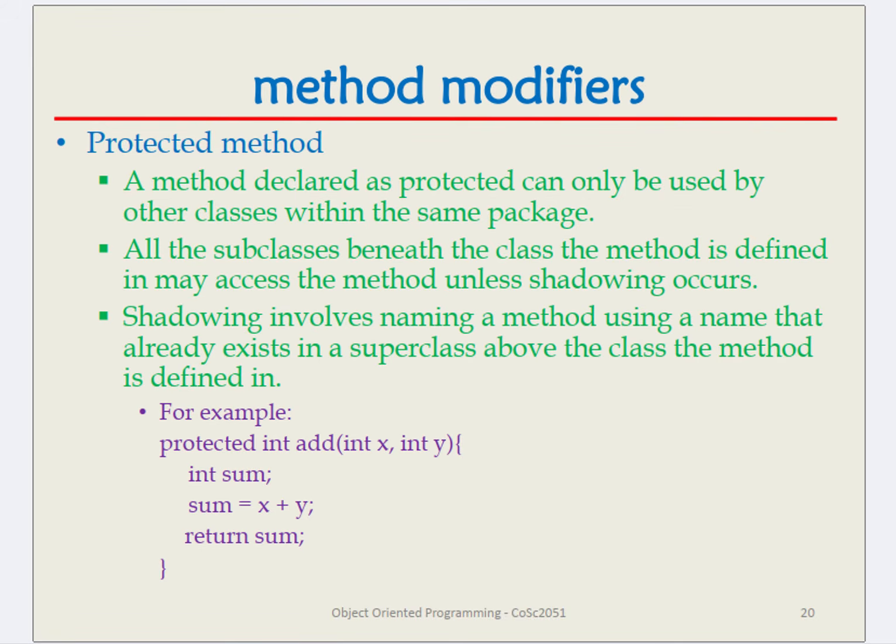A method declared as protected can only be used by other classes within the same package. All the subclasses beneath the class the method is defined in may access the method unless shadowing occurs. Shadowing involves naming a method using a name that already exists in a superclass above the class the method is defined in. For example, protected int add(int x, int y) { int sum; sum = x + y; return sum; }